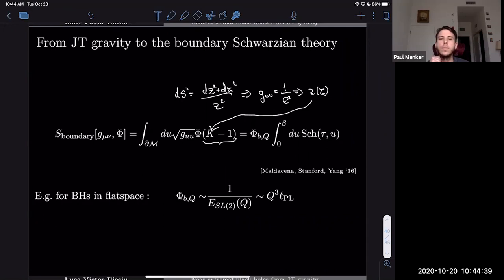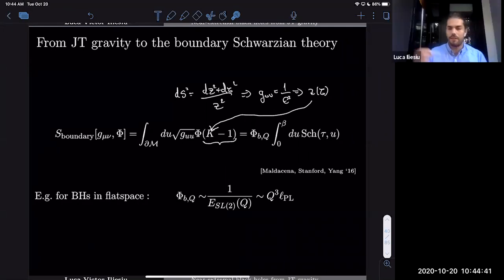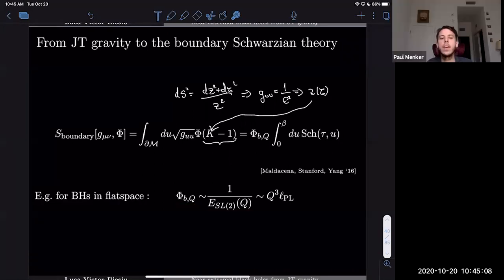I see. But if I look at the outside region and look at what the solution for phi is for the dilaton, and look at where the blue curve has proper length, some proper length L, then I'll actually find that this value of the dilaton is precisely related to the parameter E_SL2 that I mentioned in the beginning of the talk. All right, thank you. Of course. Okay.